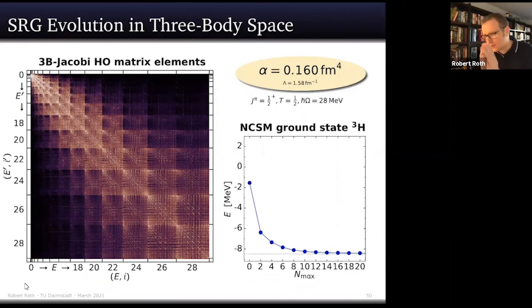So any of the simple operators that you know, a radius operator, will look much more complicated after the transformation, and it will have imprinted what you usually would get from the short-range correlations in the wave function. So it's just a change of picture in the language of quantum mechanics,